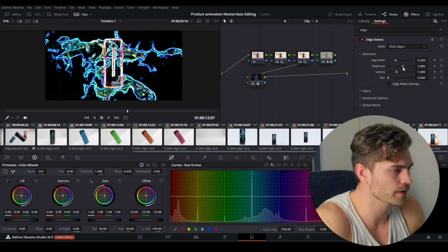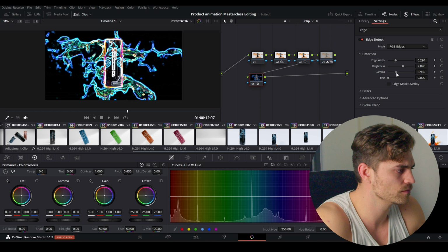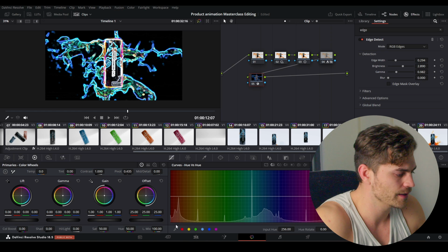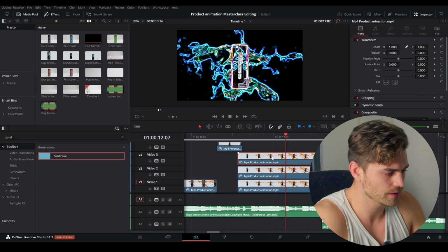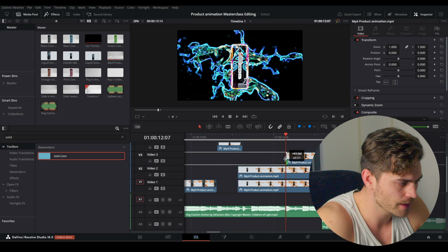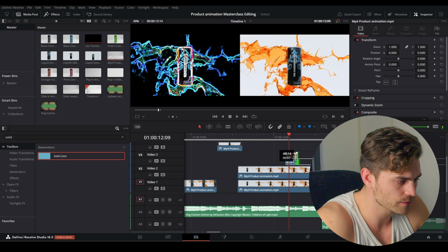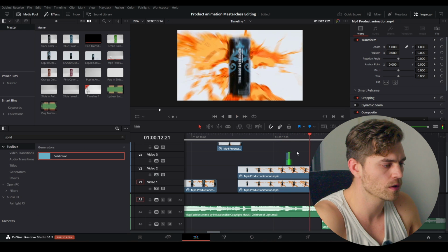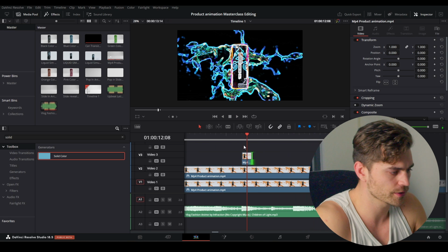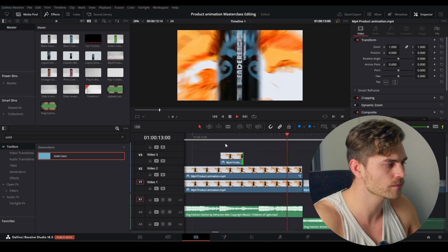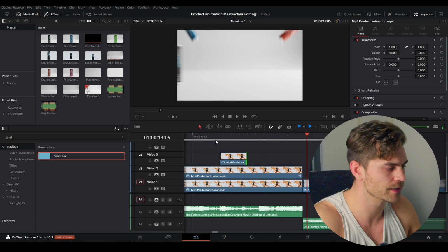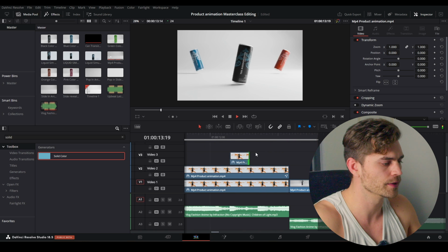Brightness, maybe a little bit more. Gamma, something like this. And now when we go to this frame, 1, 2 frames, maybe it's a bit too short. Maybe a little bit longer. Yeah.